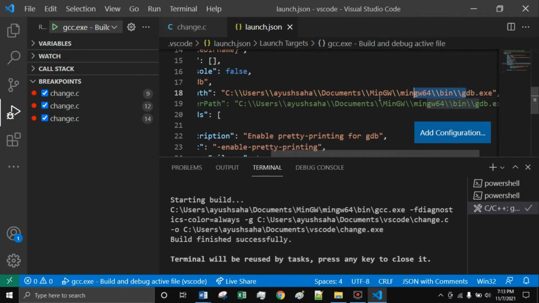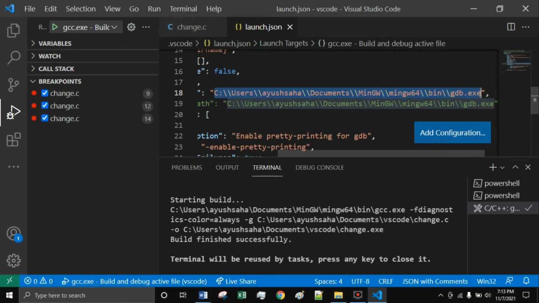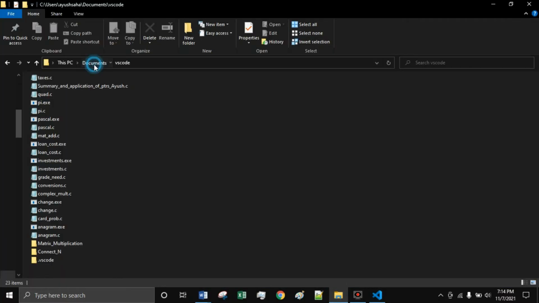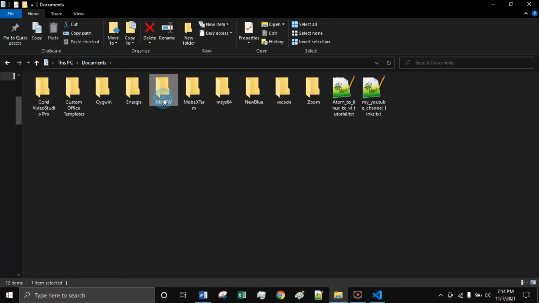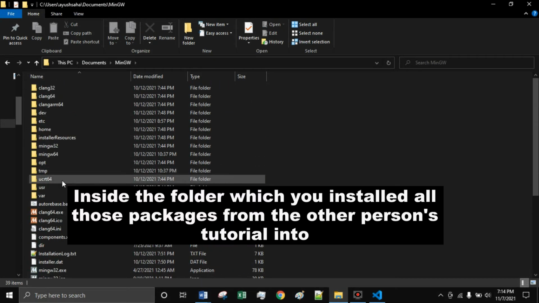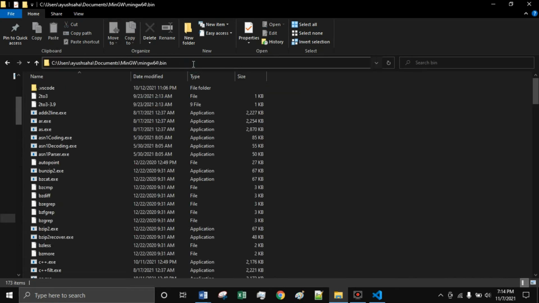and you'll want to set this path. In the video that you just followed, at the beginning of my tutorial video, you followed the other person's 20-minute tutorial video. In that tutorial video, it showed you how to install those packages and stuff. So remember that it had told you to install those packages, and your folder started to look like this. You would go to that folder, then mingw64 bin, copy this file path,